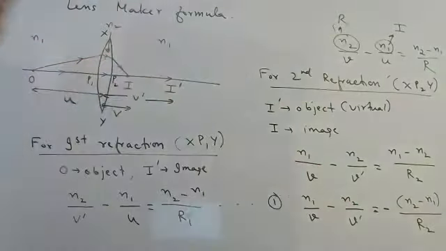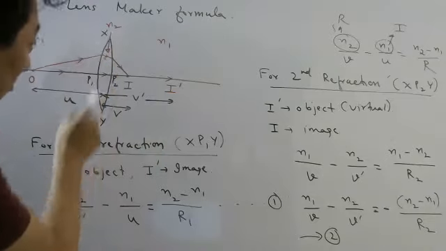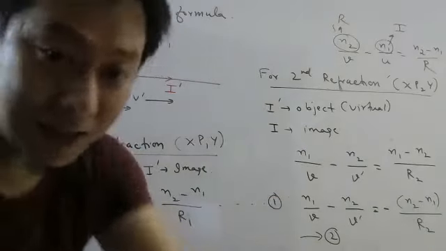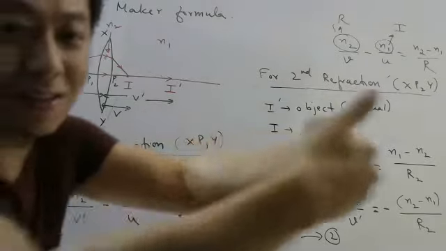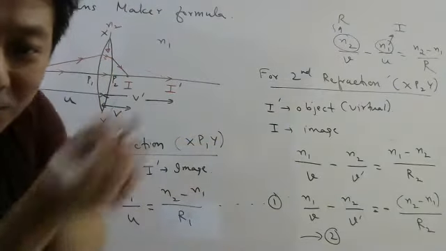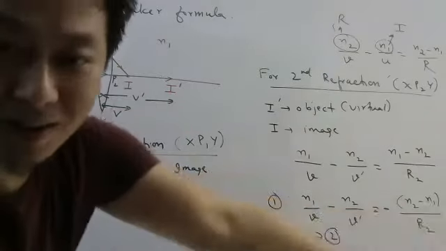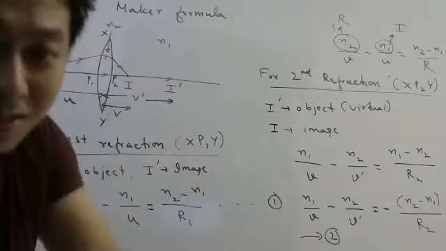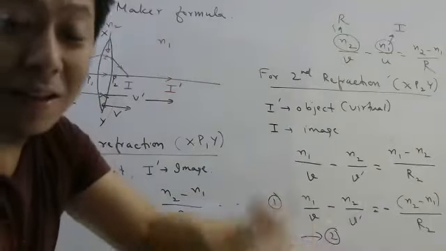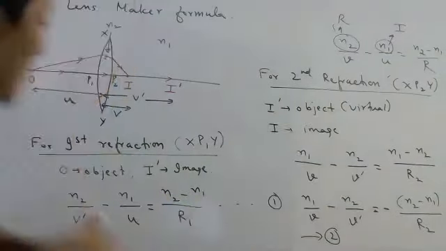Once you reach here, after that you can easily derive the Lensmaker formula. If you notice, students, this part is exactly same as the previous one. Only here you need to remember the image made by the first one is object for the second one, because light is going continuously like this. If I pass you a ball, then you catch the ball and then you throw the ball to the next one. In that case, whatever I have incident that is refracted in the middle, then that refracted will again become incident, right? See, this is incident, this is refracted. For this surface, this is incident, this is refracted.